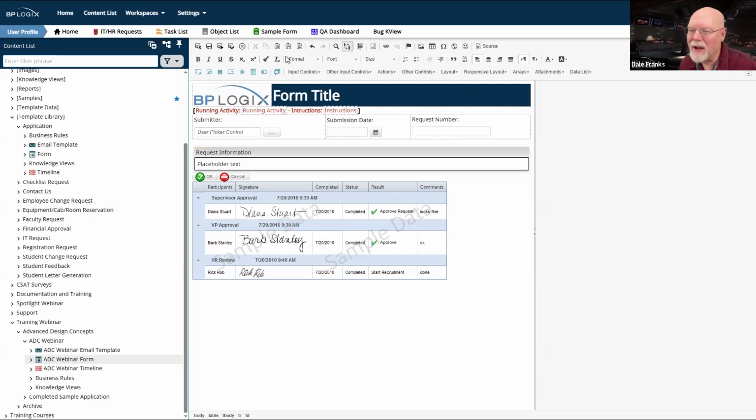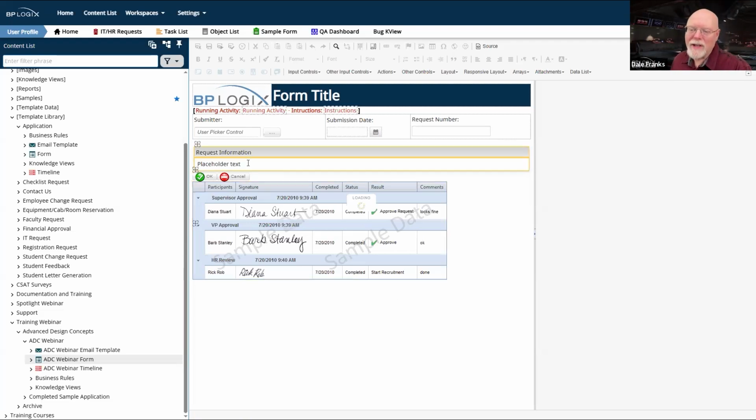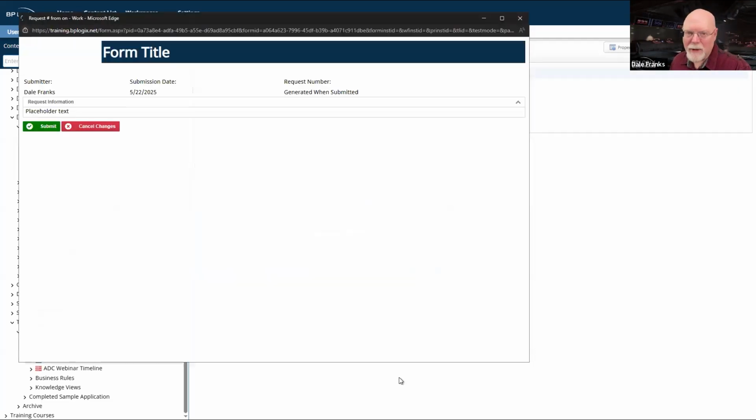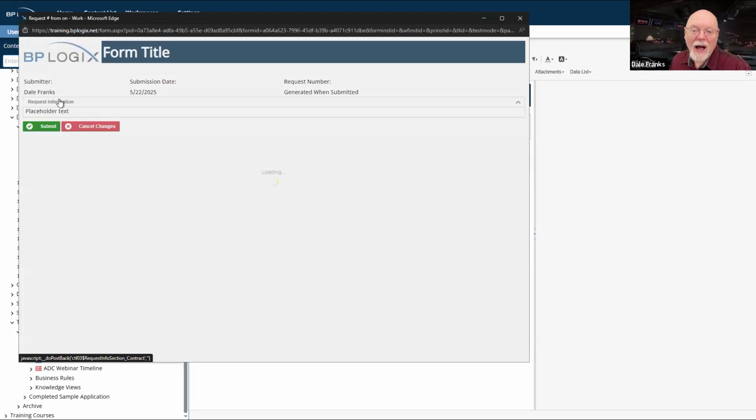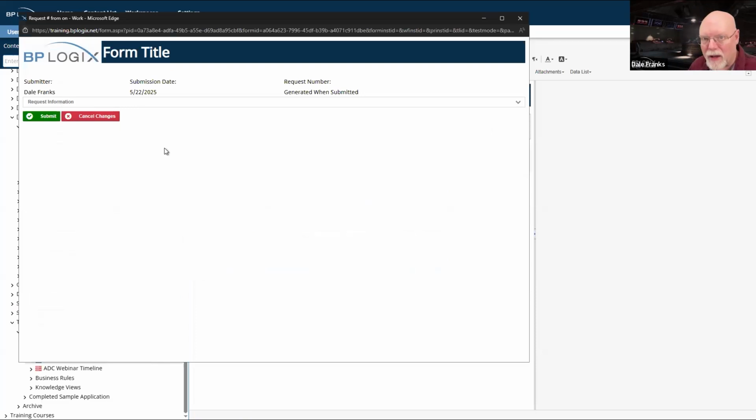So at least the section contains something. Now let's run her again. So even though it only says placeholder text and it's not going to be super impressive, the fact is I can show and hide that on the form without actually affecting any of the controls.